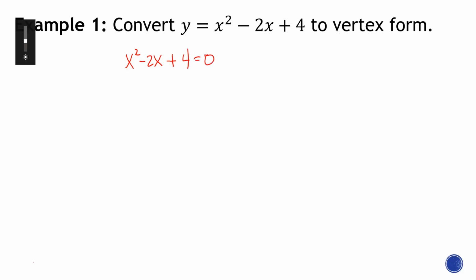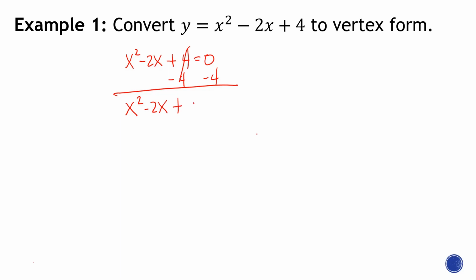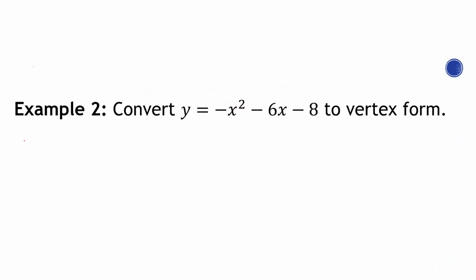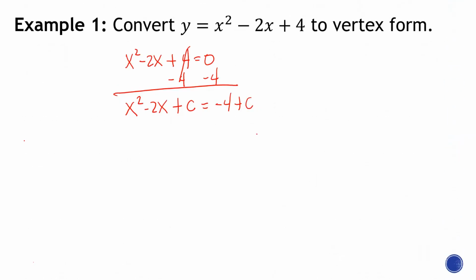The next step is to isolate that constant number 4 to the right side. So I will subtract 4 on both sides. This will be x squared minus 2x, and here I will put plus c, equals 0 minus 4, which is negative 4 plus c. Okay, so now you're thinking, what is that c? C is equal to